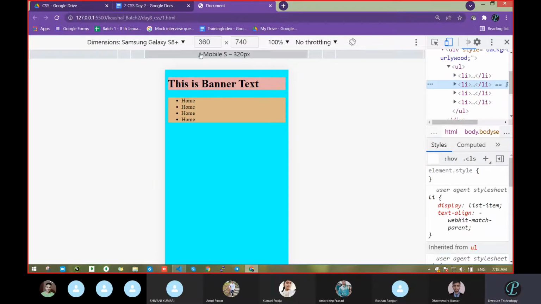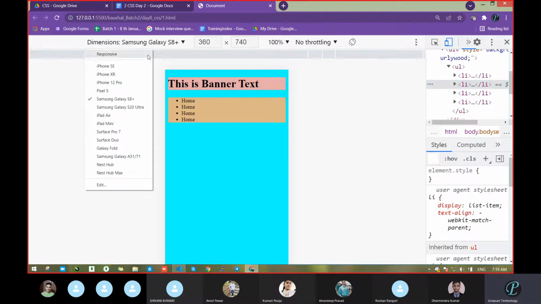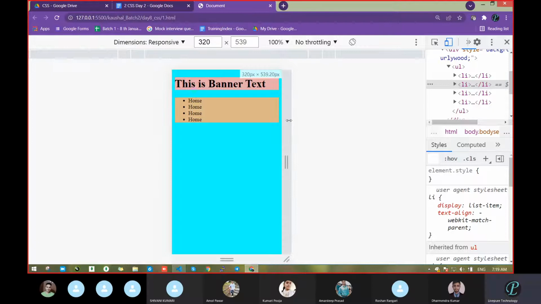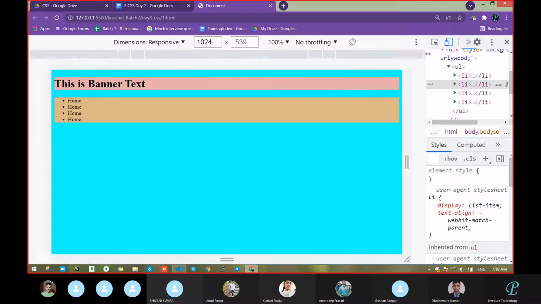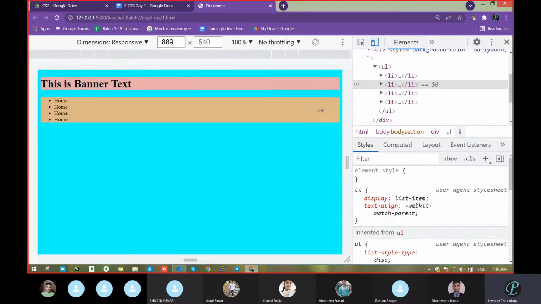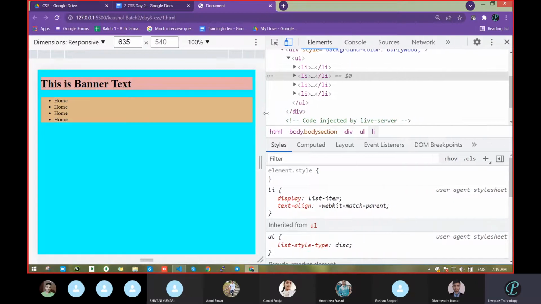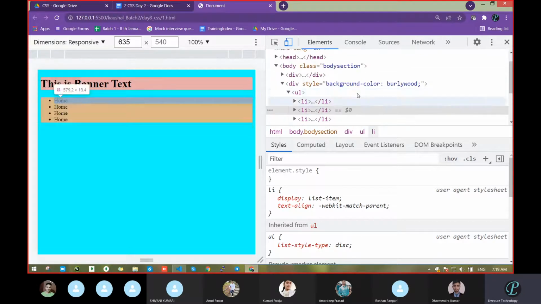And now we can just wait, with responsive. Okay. So I want to make some color changes in this section. Okay, I want to just verify whether it is working or not, like this way. So this is known as DOM.